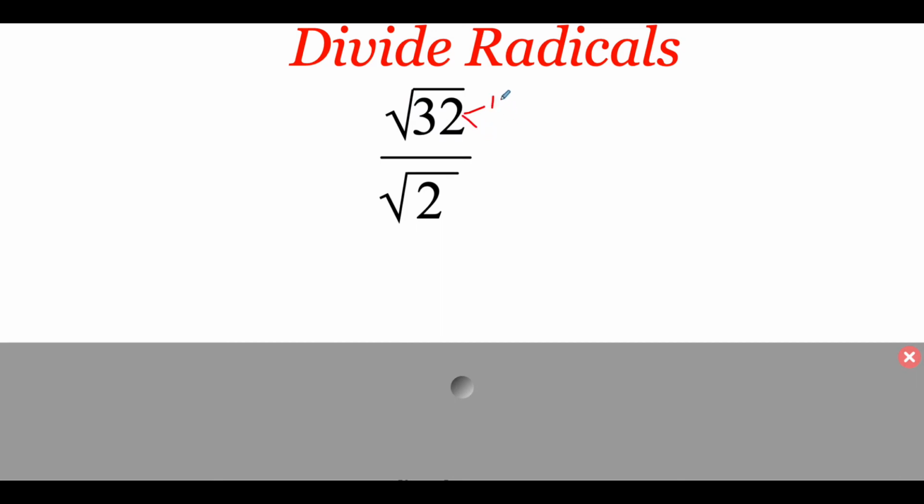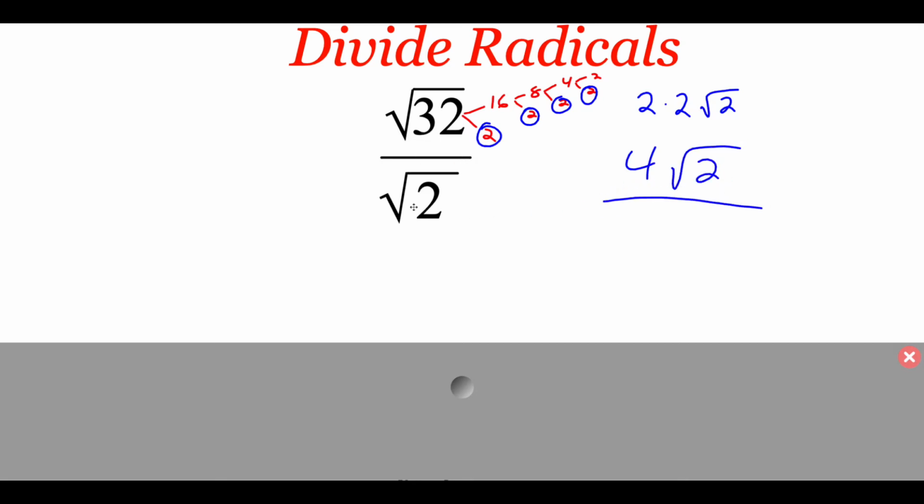and this is 16 times 2, 16 is 8 times 2, 8 is 4 times 2, and 4 is 2 times 2. So if I look for pairs in there, I have one pair of 2's, so I can take 1, 2 out. I have another pair of 2's, so I can take another 2 out. Remember, we have to multiply those together. But I have this last 2 that didn't get paired up with anything, so that's going to stay underneath my radical. Now, if I multiply that 2 times 2 together, I get 4 with the square root of 2, but